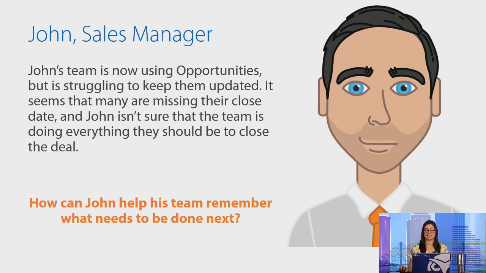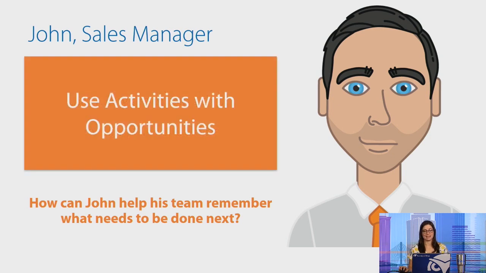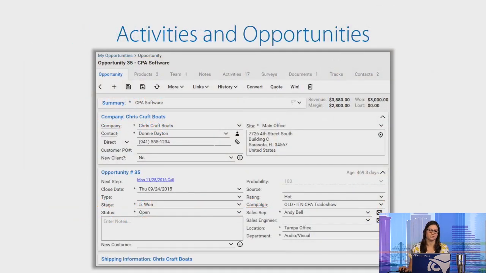That way it's much more likely that they'll actually do their jobs the way we'd like. In this case, we always want to recommend using activities with opportunities. And there are a couple ways that we can really incentivize someone to do this. Now, activities with opportunities, the way that you can see that these are associated is on an opportunity. This field down here in the opportunity number pod, is going to list what the next step is for this